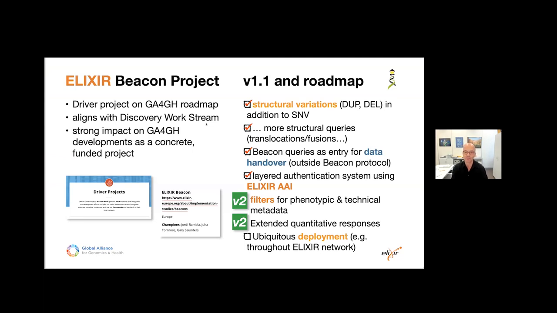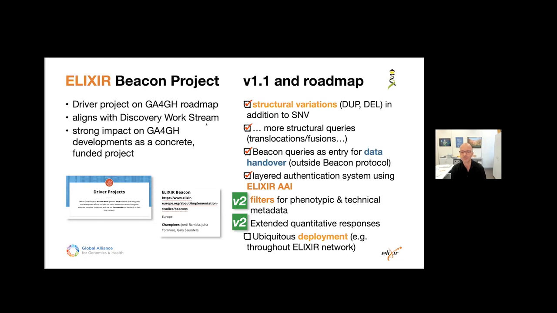And lots of people from outside of ELIXIR contribute to the development. The official GA4GH beacon standard version 1 was already developed by ELIXIR, and we are currently on version 1.1. This came into effect in 2018, I think.